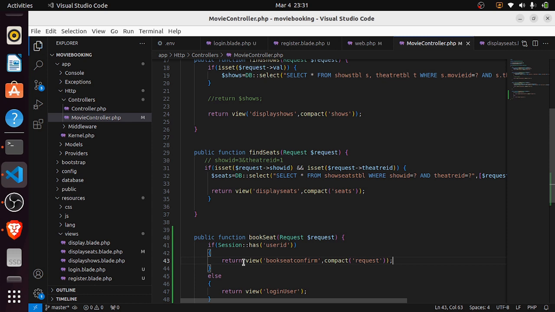So I'm sending this data to another view, the book seat confirm, which will actually be the payment view, you could say,